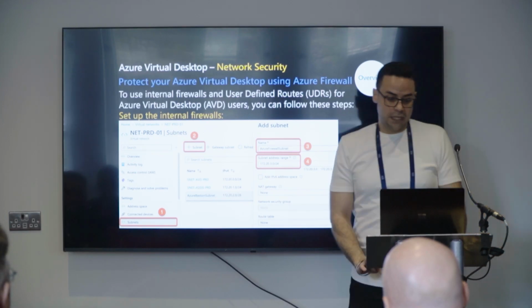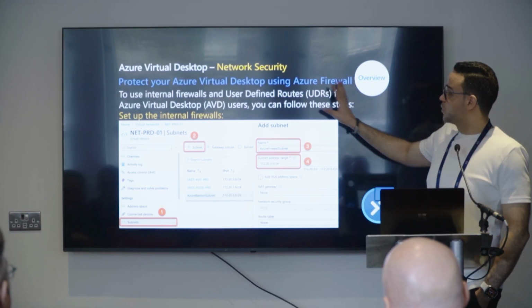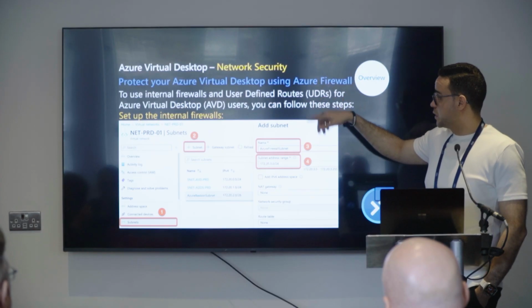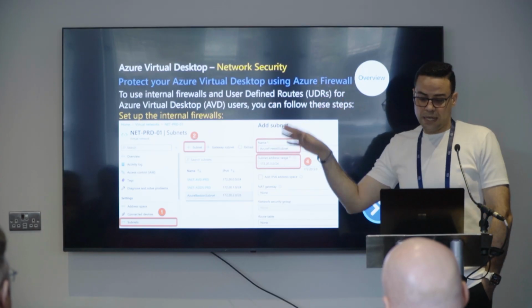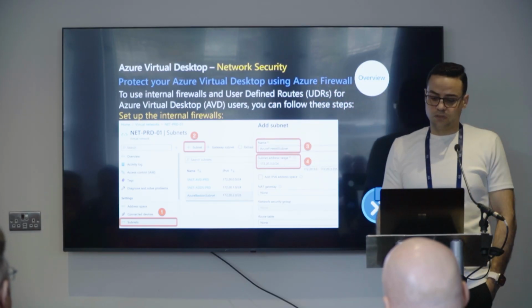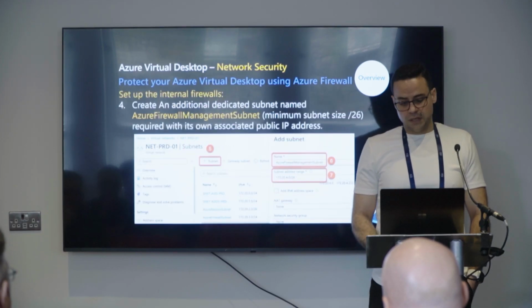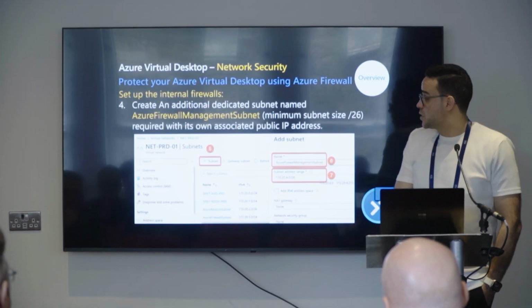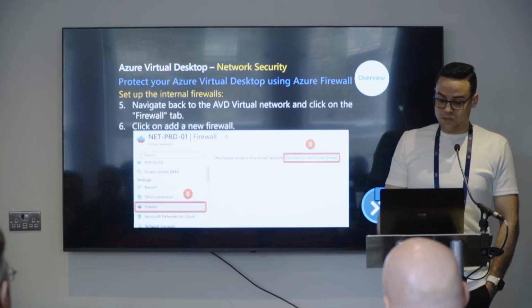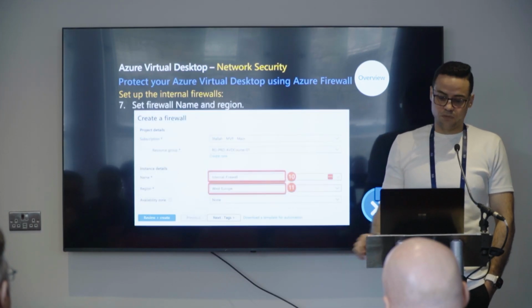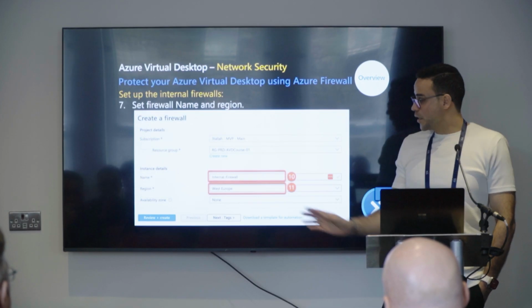Here I'm trying to highlight that I will configure the Azure Virtual Desktop with Azure Firewall. Behind the scenes, I will create a new subnet for the Azure Firewall requirement configurations, and then I will also create the management subnet for the Azure Firewall. Both of them are being configured. Now it's time to configure the firewall itself. Again, creating a firewall,